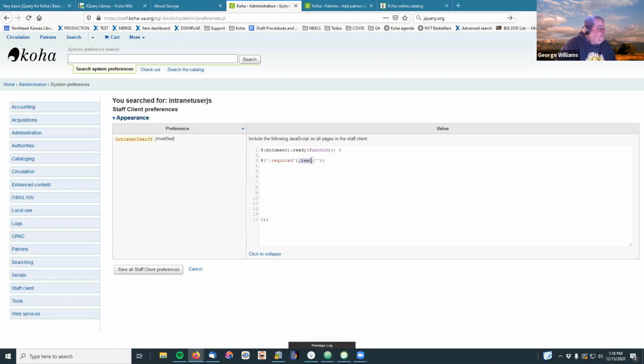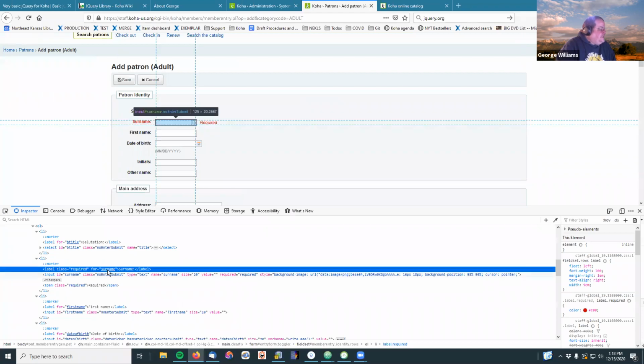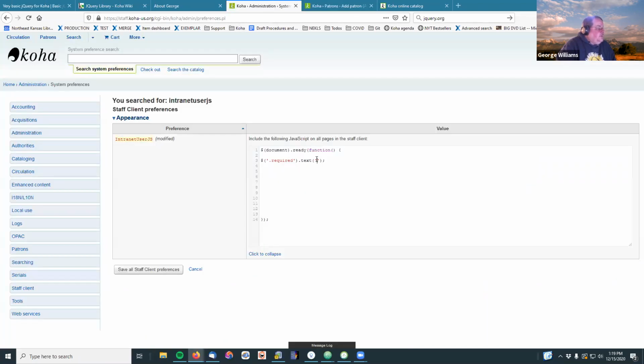So the action that we're going to do here is .text, which is going to take whatever text we put in these quotes inside this parentheses, and it's going to replace the text that's here, which is the word surname, with whatever text we put in. So if I use a selector like .required, and then use last name,